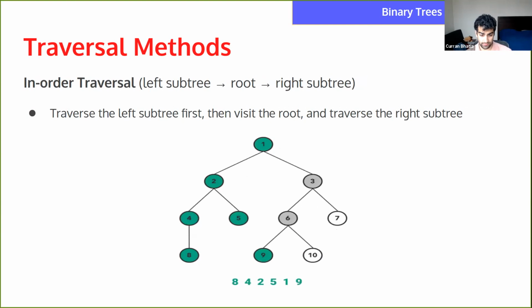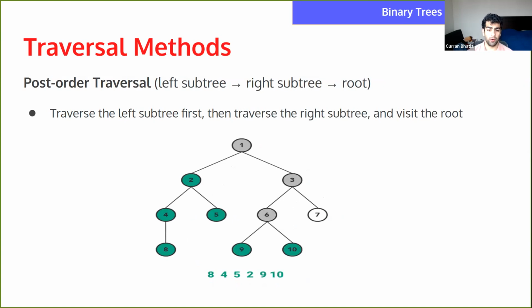In order traversal, it starts from the left subtree at the bottom. As you can see, it starts at 8, and then it'll go up and finish with the left subtree, hit the root node, and then go to the right subtree. So we can just watch the traversal. You see how it hits the root node and then starts at 9. That's important to understand. But yeah, these are all different traversal methods depending on what your goal is when you're trying to traverse the tree.